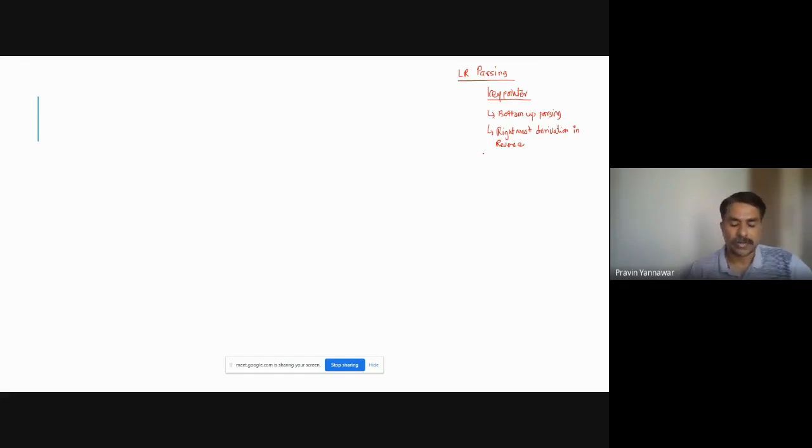So in order to have a complete parsing, in case of LR parsing, what we need to do first is augmentation of grammar. Now, what exactly does augmentation of grammar mean? Augmentation of grammar means, if you have a certain set of productions,